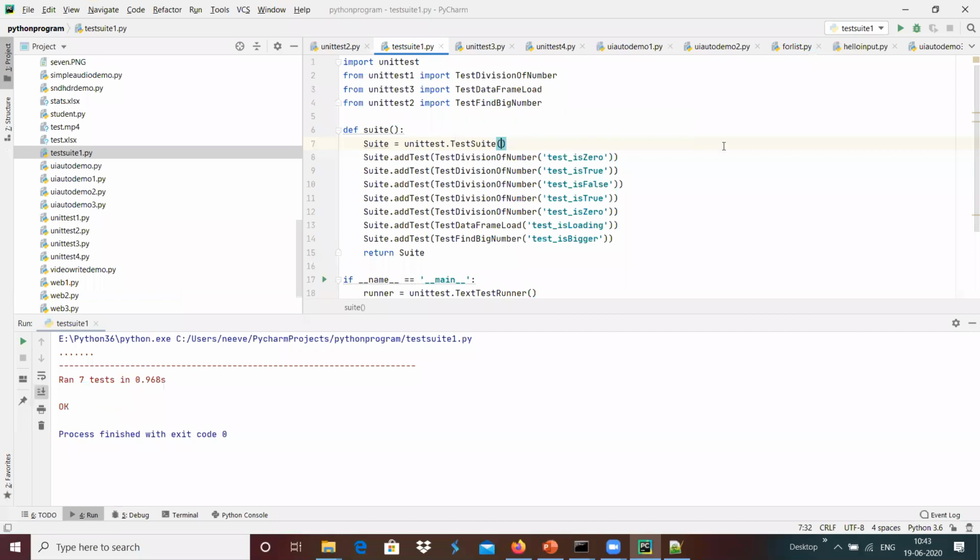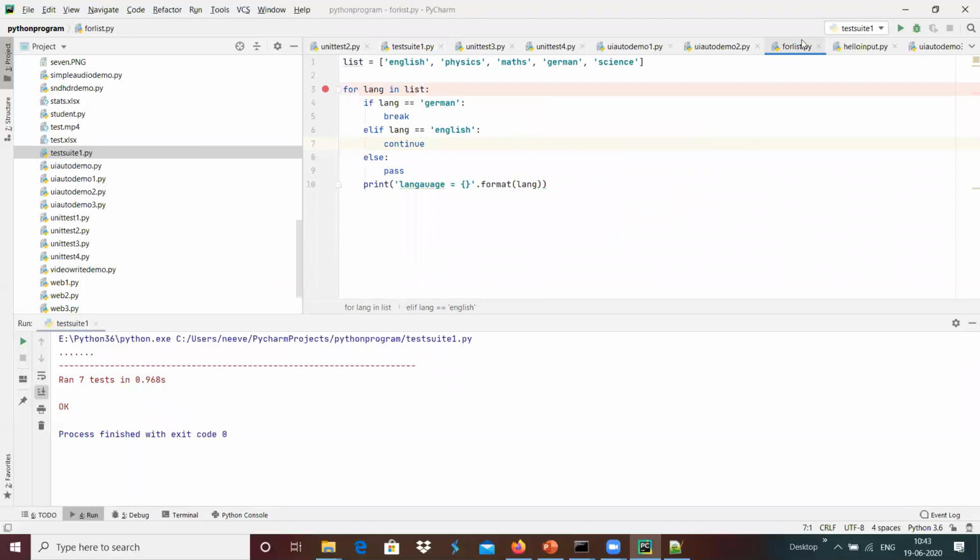I'm taking a for loop, which skips, breaks on German and continues on English. It's a simple loop that we will debug.